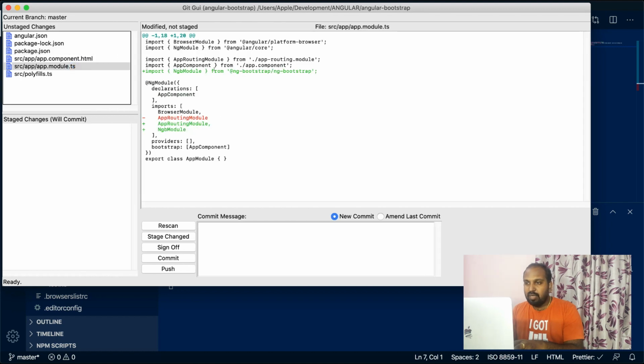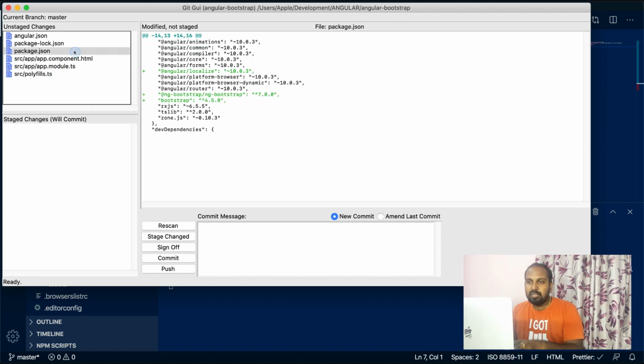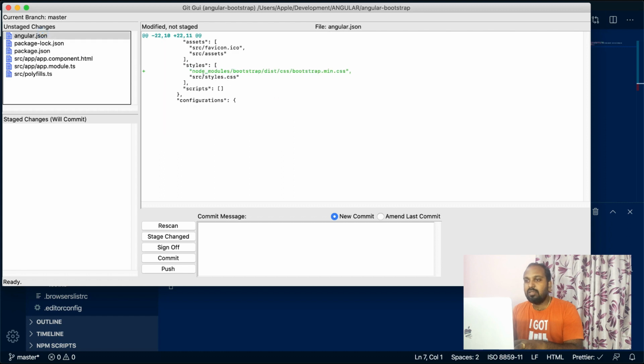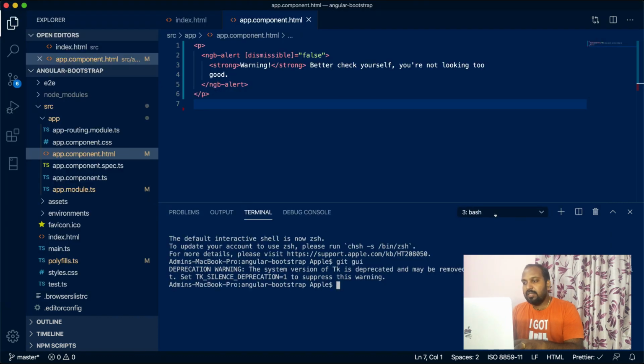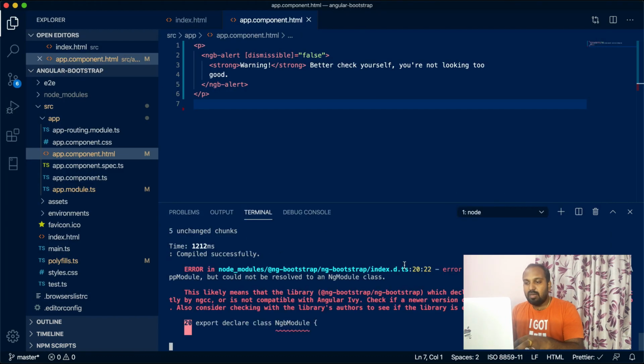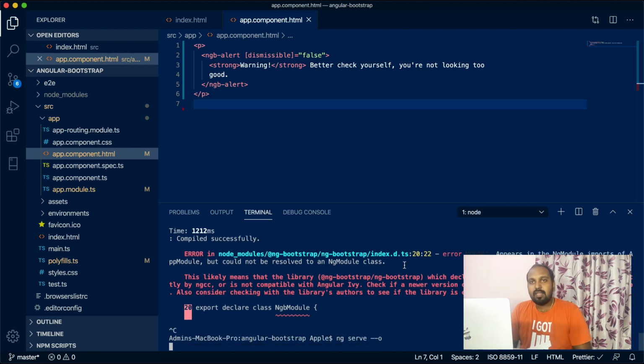In app module, NgbModule got imported by default, and other related changes have been done. In angular.json, bootstrap.min.css got added by default. To get these changes reflected, we need to stop the server once and restart it. Let's wait till the server restarts and check whether the styles are applied.